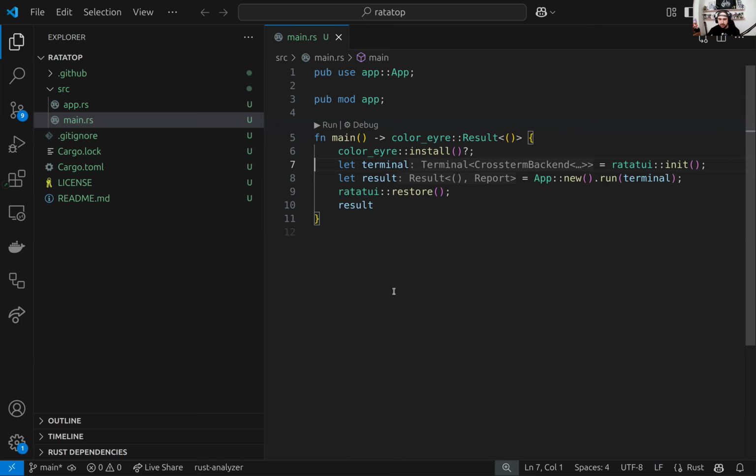This is the main thing that we need when it comes to building user interfaces. We're just going to use this terminal struct to render the application. We don't really need it for event handling, but we need it for your widgets and so on. And then we run the app. I'm going to talk about app in a second. After we run the app, we get a result from the whole application, and then restore the terminal